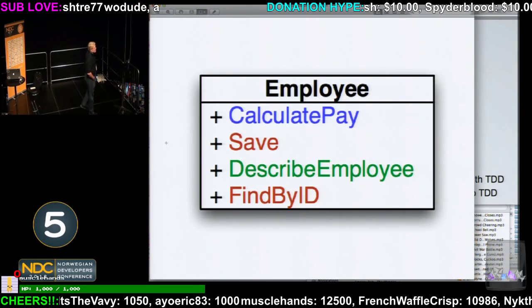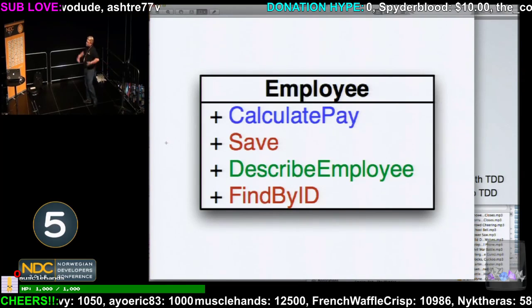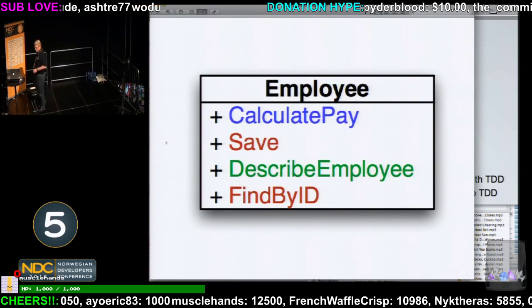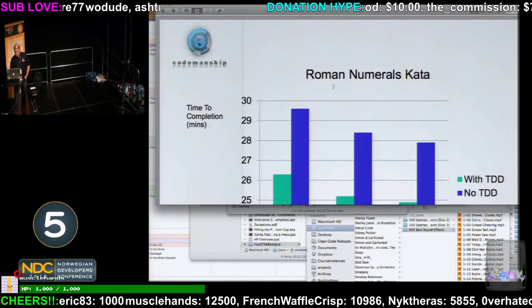How could we separate these into different classes? Well, there's a whole bunch of ways. For example,